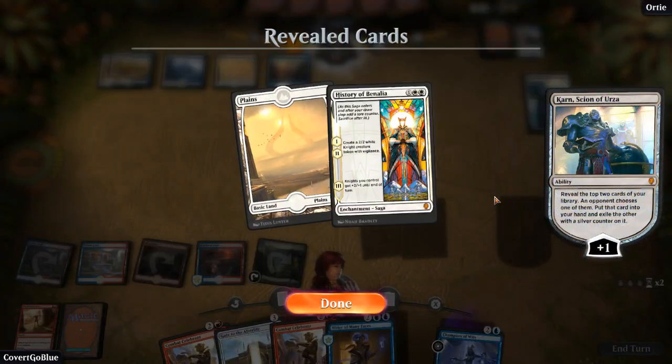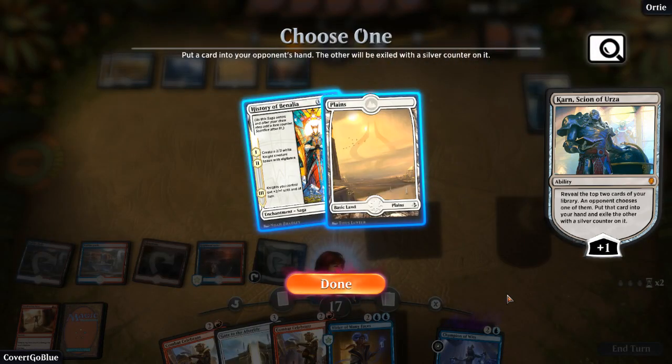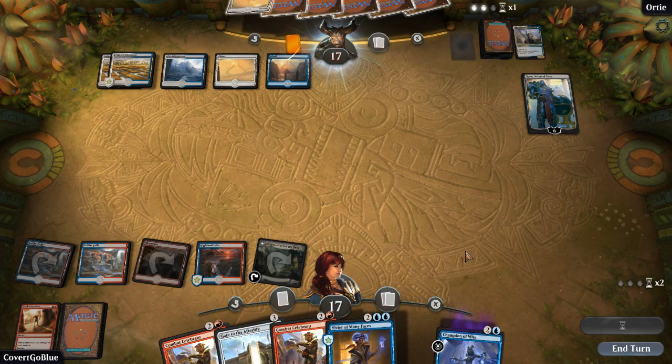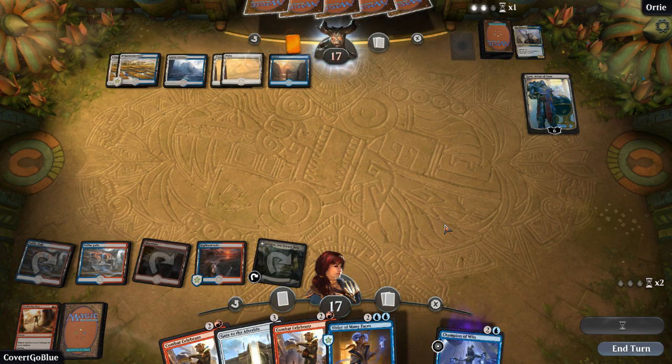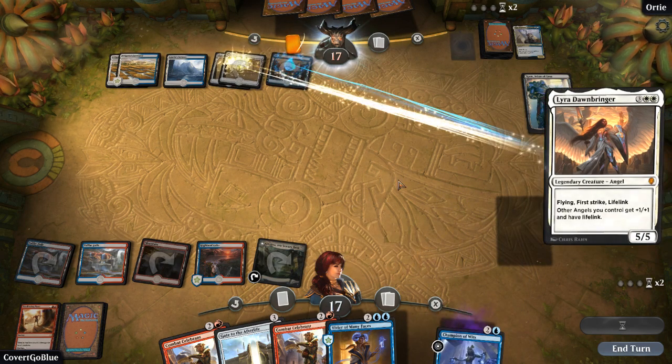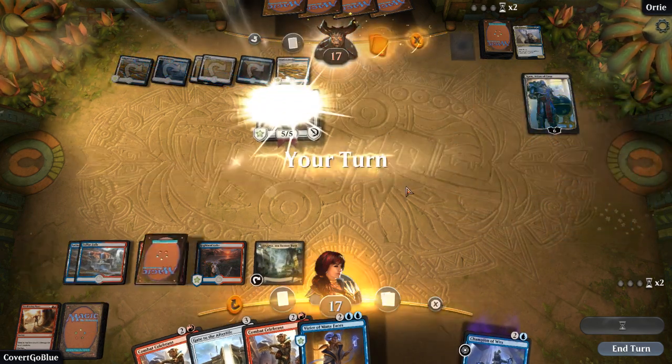I'm not sure. Like here, it's like, okay. We could give our opponent a History of Benalia and hope they tap out, or we could give them a land. I'll just give them the land. But they're playing a blue-white flash deck, which has been popular. It's an interesting build. I'm not sure how it matches up here. And our opponent goes for Lyra, so...